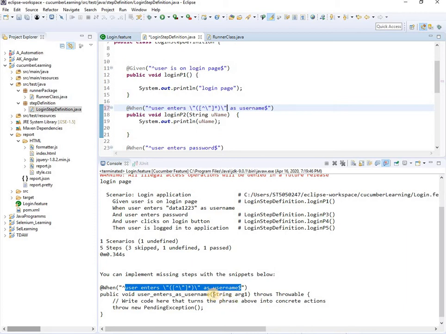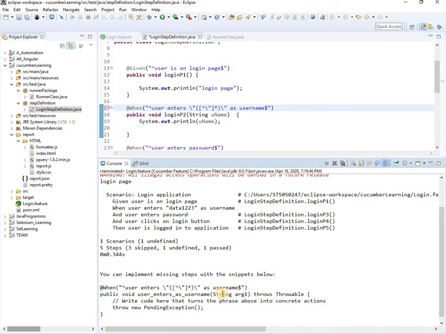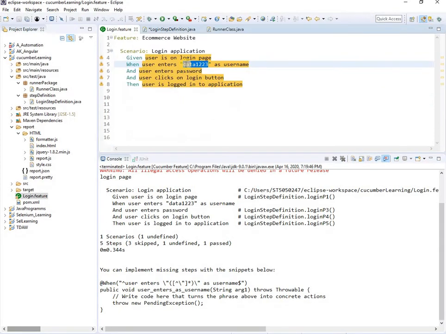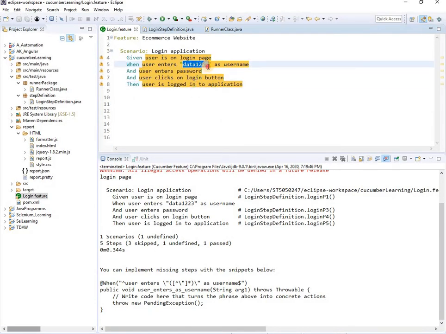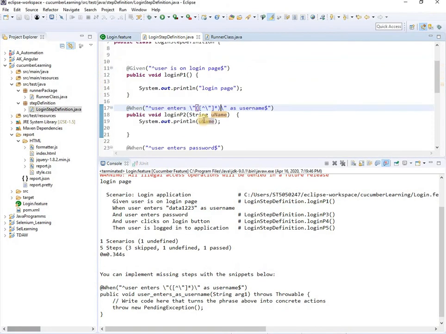Also, if you could see, it is giving me a parameter. I need to pass one parameter because I am using one set of data, one string. So only one string parameter I need to pass over here, and I have passed that parameter as a string username, and I'm using that parameter. What actually is happening over here? It will look for a parameter. Okay, there is a parameter. It will look where the regular expression is. This is the regular expression, and it will look for the data and pass this data in place of the sysout here.